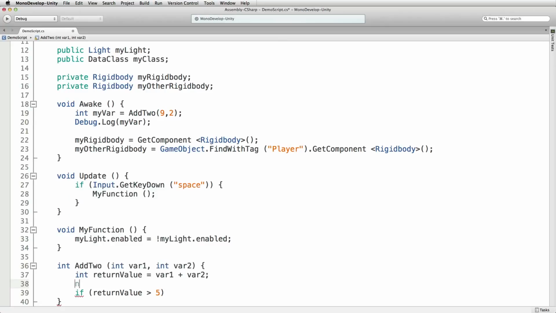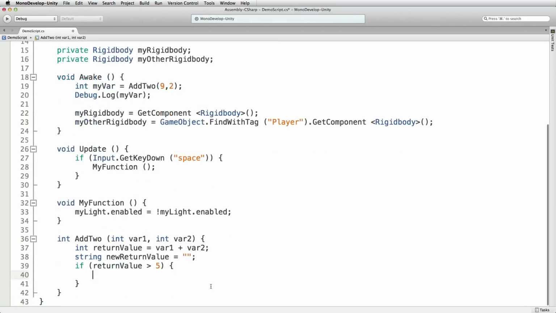New, let's make this a string new return value. Let's make it value all the way. If return value is, let's make this equal to nothing. So we have an empty string. But if our return value, which is our adding the two things together, is greater than 5,